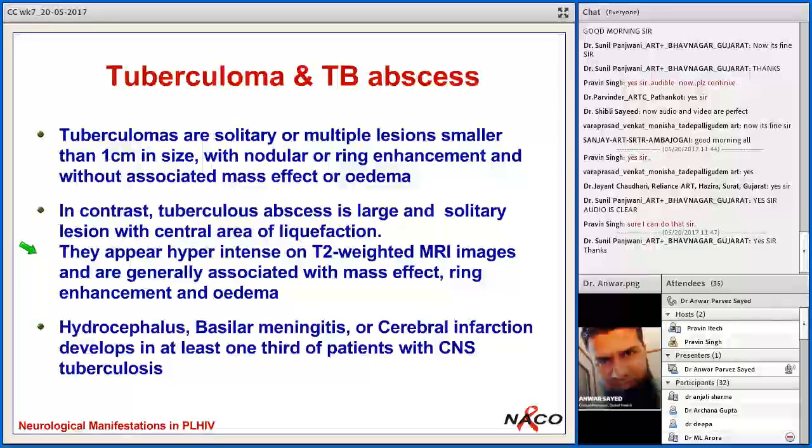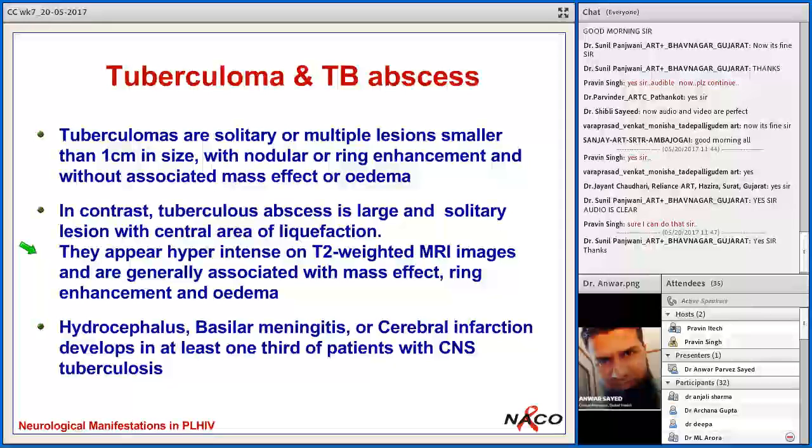They appear hyperintense on T2 weighted MRI images and are generally associated with mass effect. That is the difference between tuberculoma and TB abscess. Mass effect means there will be deviation from the midline. And hydrocephalus, basilar meningitis or cerebral infarction develop in at least 1/3 of the patients